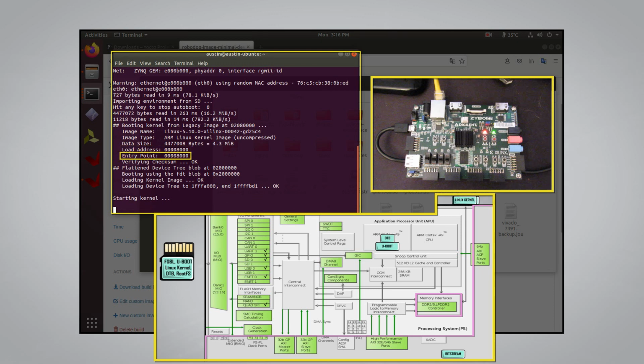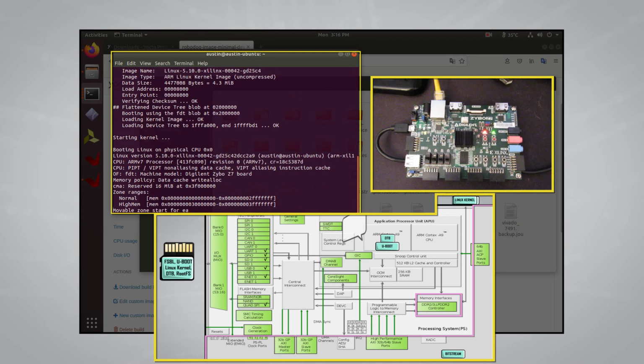And, of course, the entry point where the CPU should start its execution when U-Boot stops running is at hex 8000 in RAM. Another thing I wanted to show here is that the device tree blob, or DTB, is also in RAM at this location for the kernel to use. Also, here at the bottom, you can see that the last thing that U-Boot prints out before it stops running is starting kernel. If we fast forward less than a second later, we can see that Linux is now currently running on the CPU,